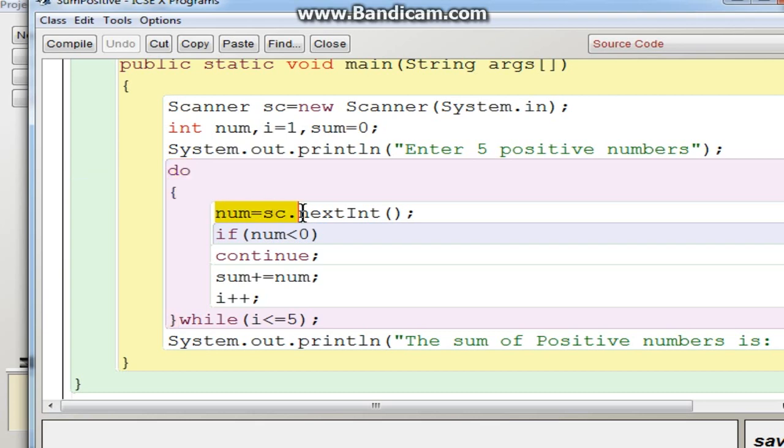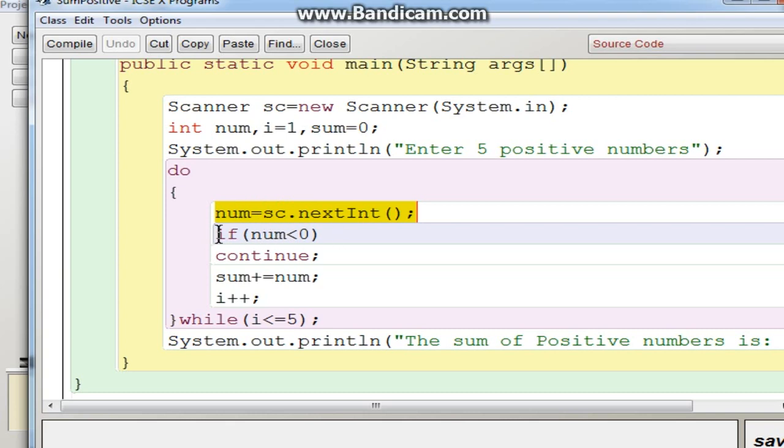So first statement is I am going to get the input. If you want to keep on getting the input, then you have to use the input statement inside the loop statements, so that you can stop the program once the condition is satisfied. So this input statement will work 5 times, that depends upon the condition given. The number you are going to enter will be stored in num.